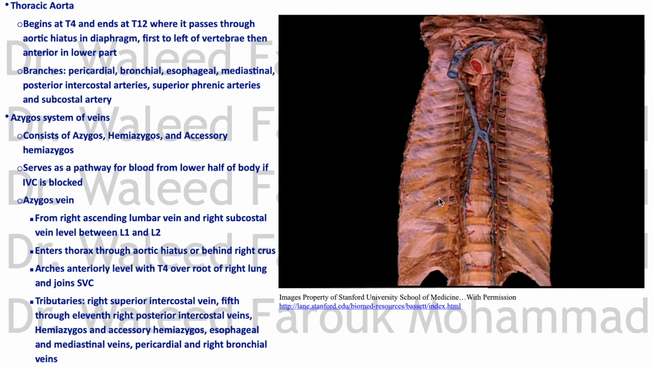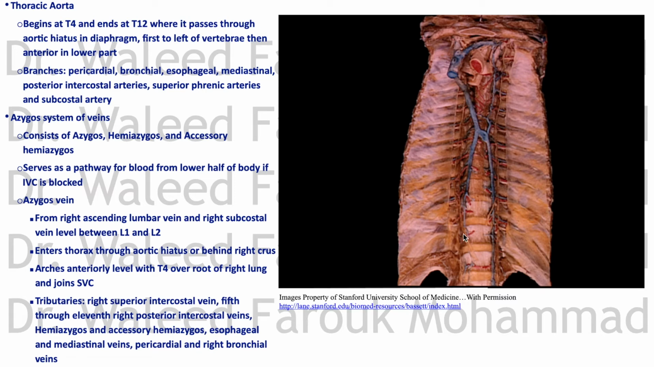Okay, now that was about the arterial side. The venous side is the azygous venous system. It's simply a connection of three veins with their branches, with their tributaries. On the right side is the azygos. Azygos starts on the right side in the abdomen by the joining of the